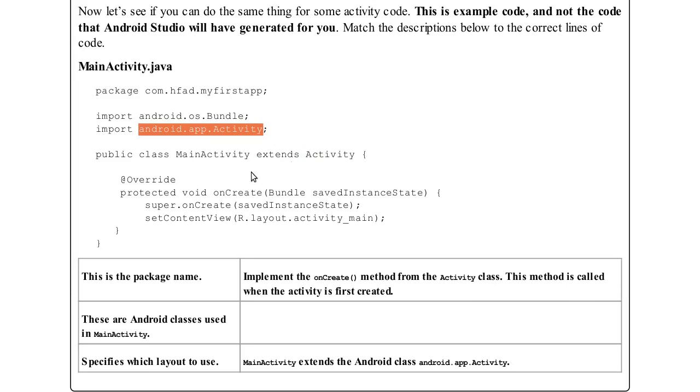Then we override a method, that is the onCreate method. There is a life cycle for the activity, which we will discuss later in this video, but you have to at least override one method, that is the onCreate method. That is the first method that is called when the app runs.